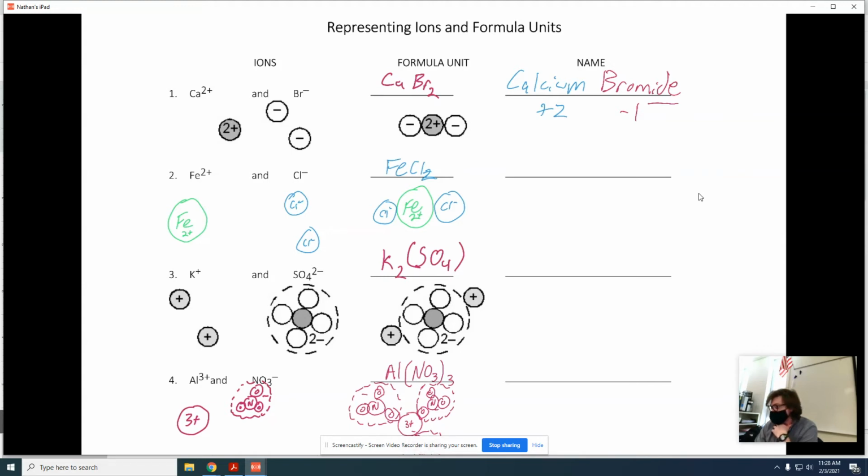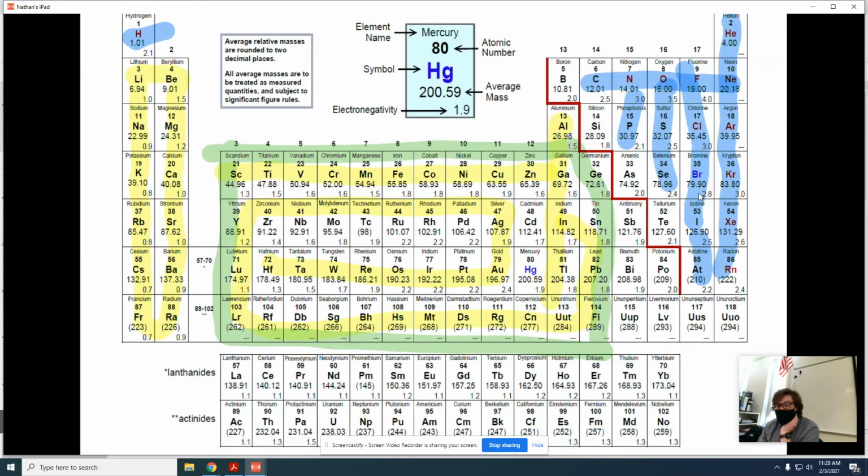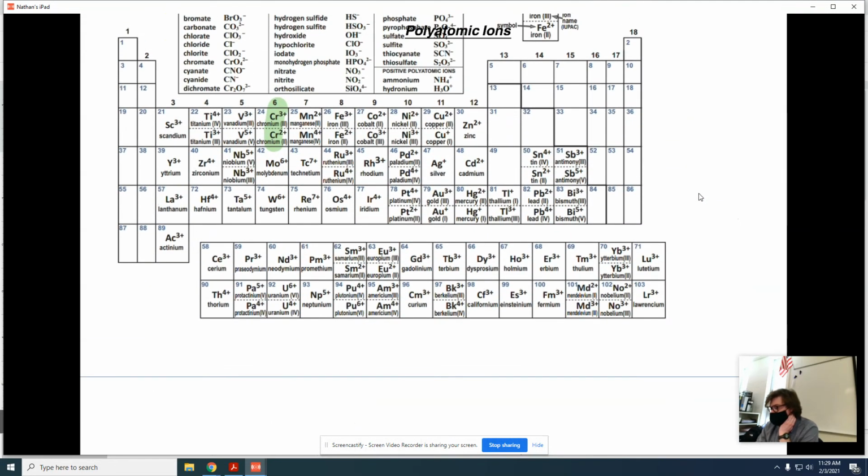Let's look at the second example. Now we're talking about iron. When I'm looking to name iron, the first thing I want to do is look back at my periodic table. If we find iron, it is one of those transition metals. So that means I want to scroll down to this second section of my periodic table, and we want to